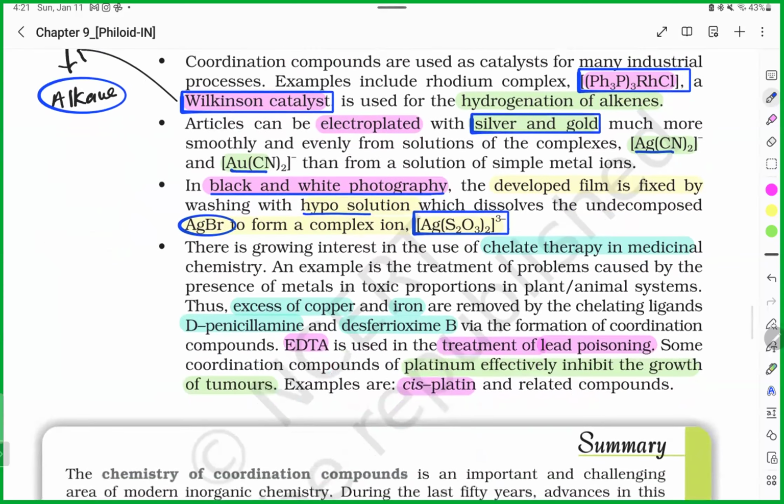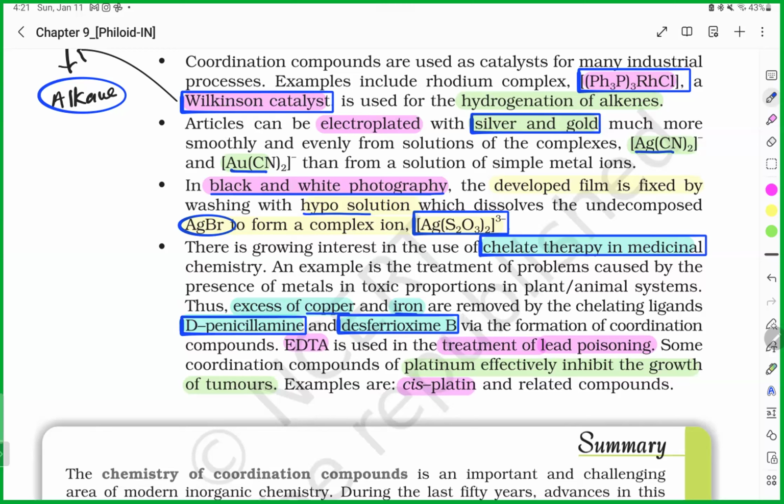And last, chelating therapy. This chelating therapy is used to remove the toxin. Example, if we consume any toxic substance, like a lot of copper or iron, we want to remove this. So for the removal of the copper, we will use D-penicillamine, and for iron, as the name suggests, desferrioxime B. So what is happening? We are reducing toxicity level by using